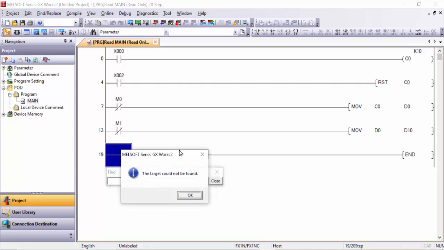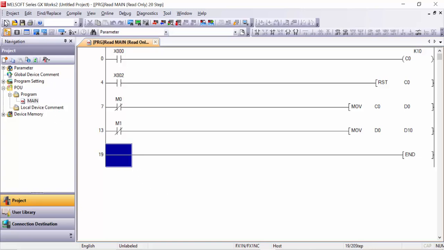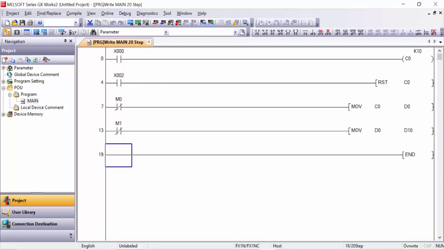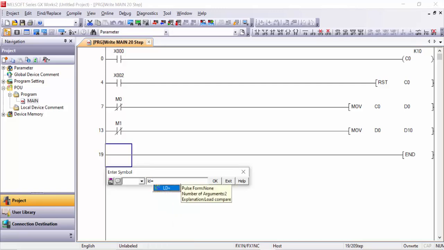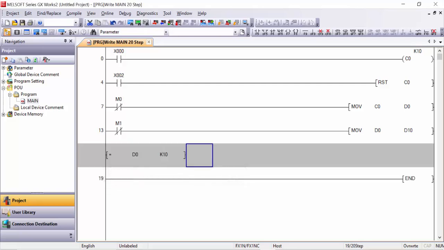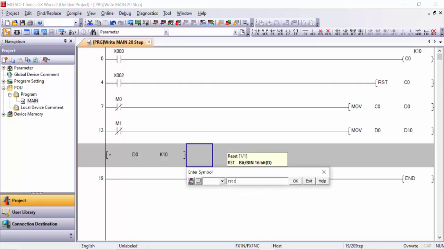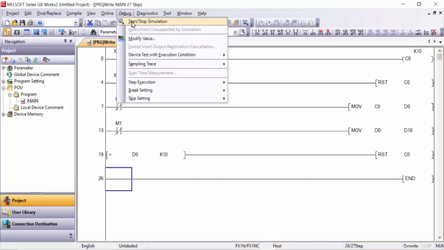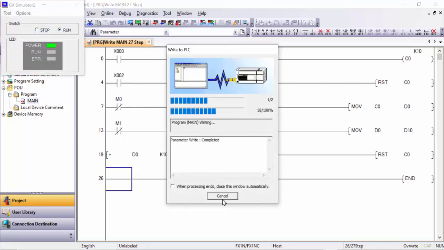No, sorry, we can't use it like this. First we have to go into edit mode, I forgot, it must be in write mode, after that you can make it. This is LD equal D0 K10, after that RST C0, and this program you will compile first, and after that again start stop simulation